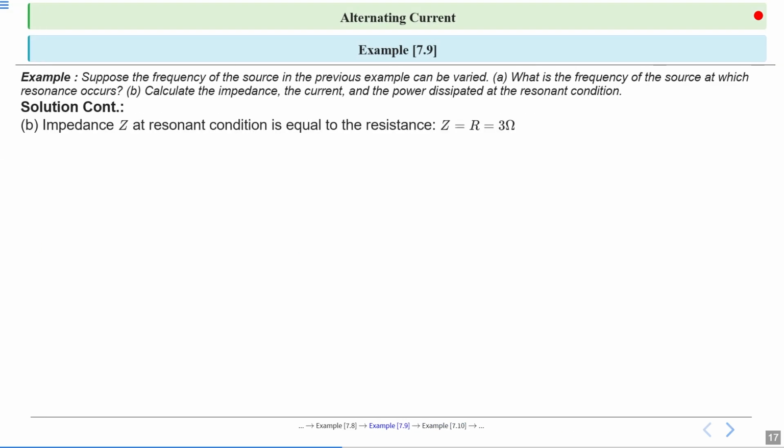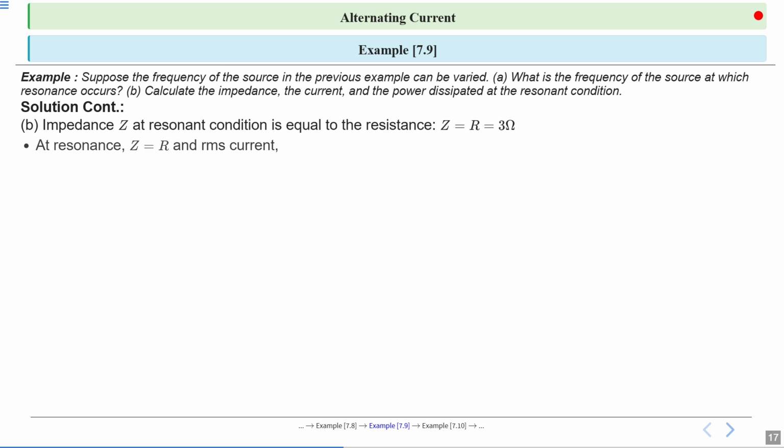Now B part, you have to calculate the impedance. So impedance Z at resonance, we know that XL becomes equal to XC. So XC minus XL will be equal to 0, because both are equal, so the difference of both these reactances will be 0. So Z will be equal to root R square, which is equal to R. So at resonance, or at resonant condition, impedance Z is equal to the resistance, which is Z equal to R